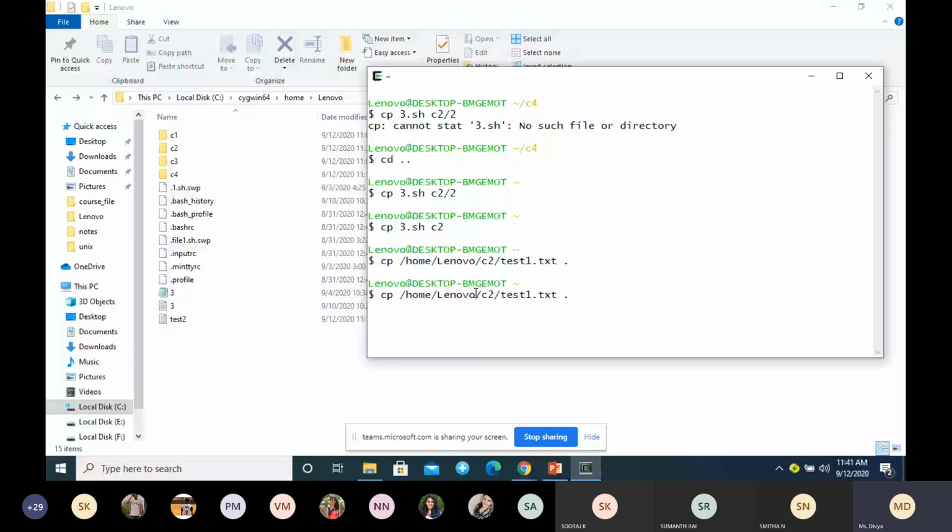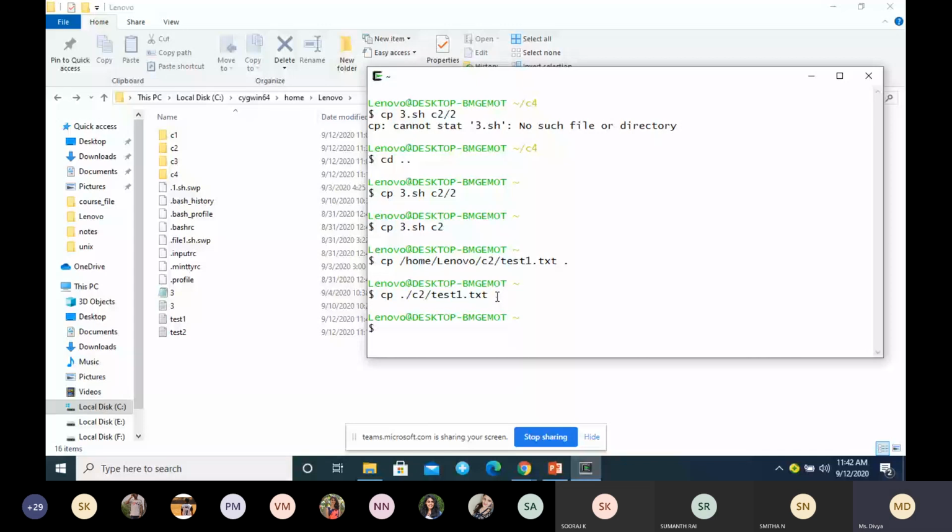Because dot indicates current directory, I need not type my current directory path. I can just use a single dot. That is also fine because dot indicates the current directory, so I need not type home, Lenovo and all. Simply I can use test1.txt and a single dot.